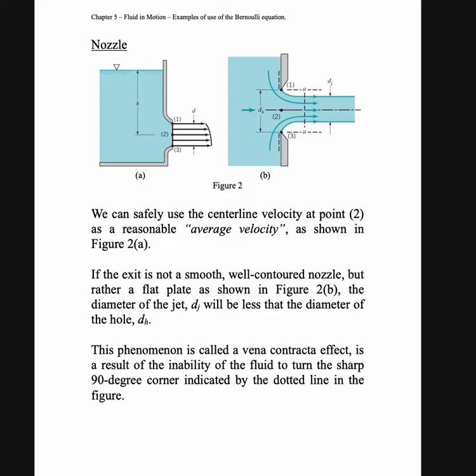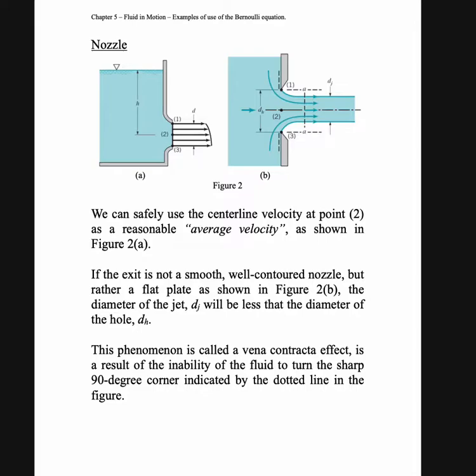So this is the example of a nozzle. It actually reflects the same ideas as the free jet, but to be specific we call it a nozzle in this chapter, because the shape of the nozzle actually influences the flow rate. So we can safely use the centerline velocity at point 2 as a reasonable average velocity, as shown in figure